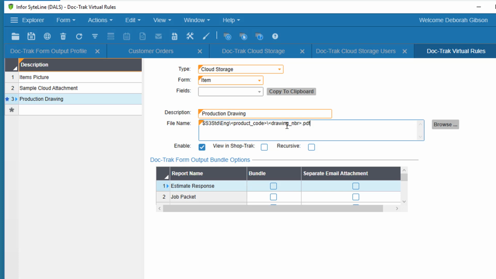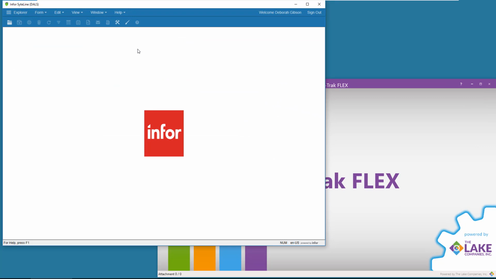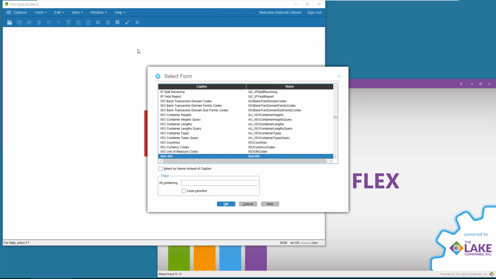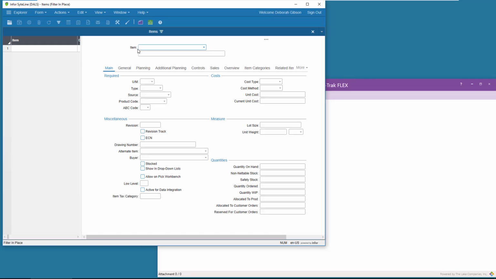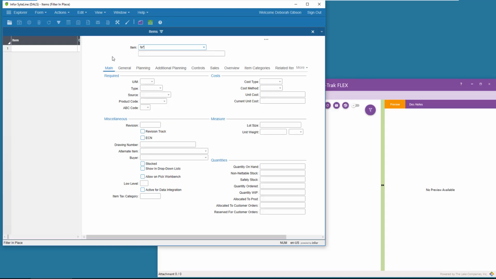I'll check View in ShopTrack and save it. All right, let's see if it worked. I'll open the items form and filter for our FA bicycle series.